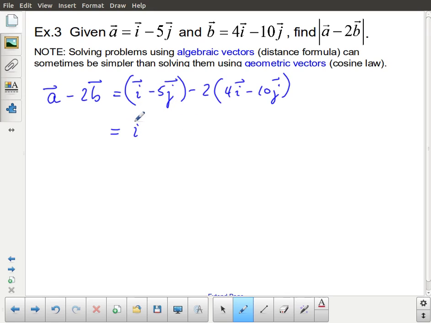So this first one, I don't have to do anything with it because the number in front is just 1. So that just becomes i minus 5j. I have to expand out this -2, so that becomes minus 8i. And -2 times -10 gives me plus 20j. I'm going to group these together, so i minus 8i is -7i. And -5j plus 20j is plus 15j. You do want to be very careful with your i's and j's here,